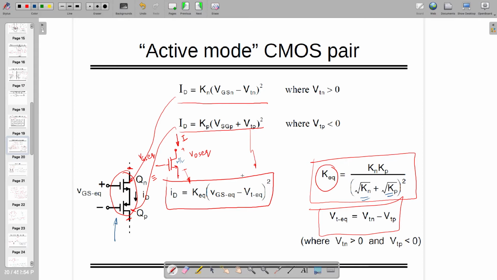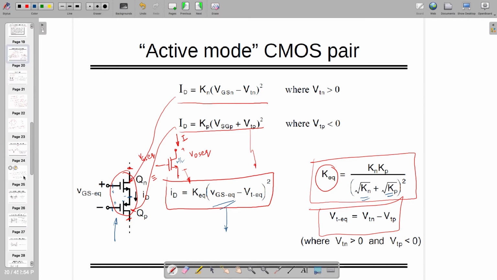It's the same equation that has been written. However, these constant terms, this VT equivalent, VGS equivalent, are already known to us, right? It's not a problem. But here VGSN is this one. Here VGSP is this one. Between here to here, between here to here, right? So if that is the case, which we have already found out,